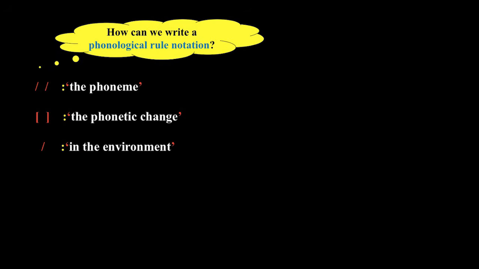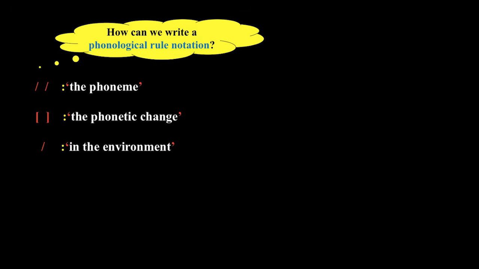For example, we use the slashes to refer to the phoneme, and we use the brackets to refer to the phonetic change. Also, in the phonological rule notation, we use one slash to say in the environment,